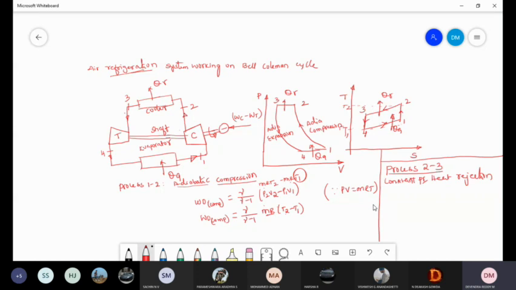It cools, sir. It cools the air. The process of